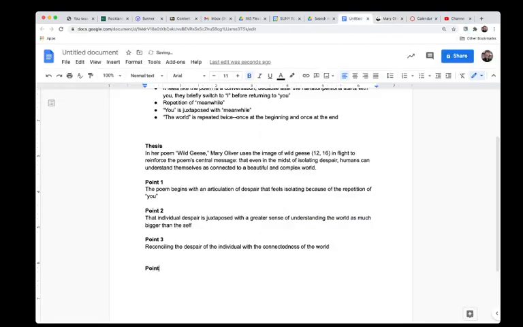My fourth point is going to be specifically about how the wild geese, as a phrase, evokes family, familial connection, and nature, right? And we see the interconnectedness of the world and the individual through this metaphor, right? The world is inviting you to be a part of its family, just like the wild geese are a family. It's not always going to be easy, but you are still part of that family, okay?